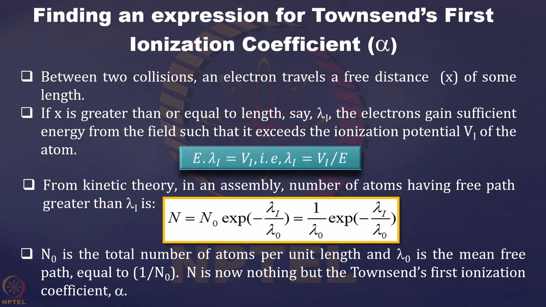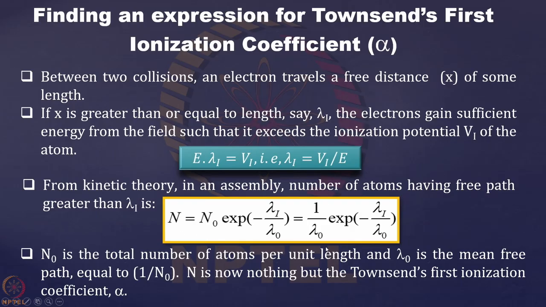So if I want to know the fast ionization potentials of a certain atom, that quantity is fixed. Now N0 is fixed. How is N0 defined? It is defined by the pressure, and how it is connected with the mean free path. So it will be inversely proportional to the mean free path. If we assume the mean free path is lambda 0, then N0 is roughly very close to 1 by lambda 0. So we can just replace this N0 by 1 by lambda 0.